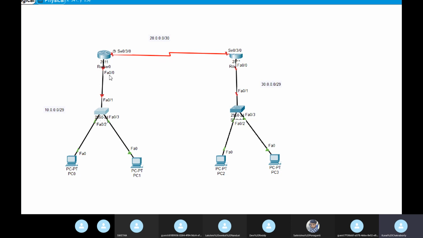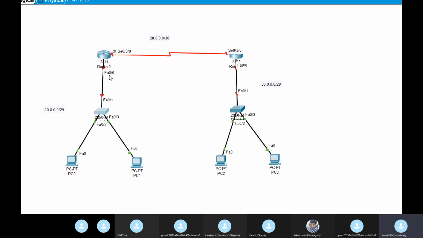Also, it depends on internal or external. If I say external default gateway of this router, then it will come as serial. If I say internal, then FA0/0. So these are the technical terms that you need to know.